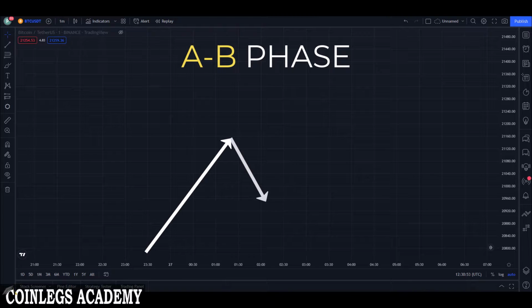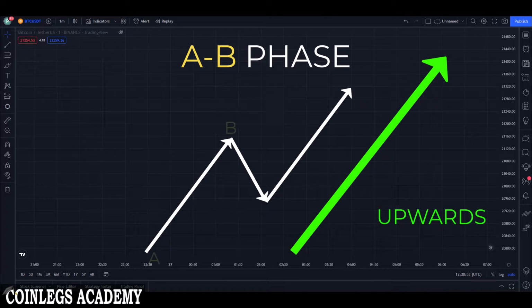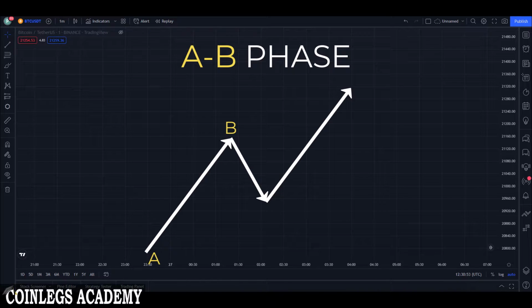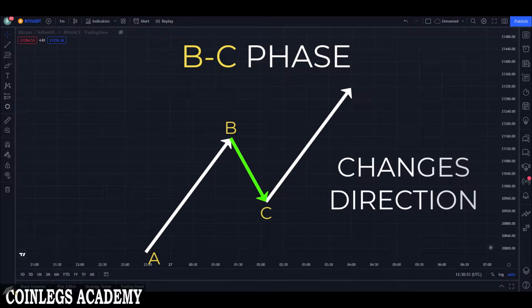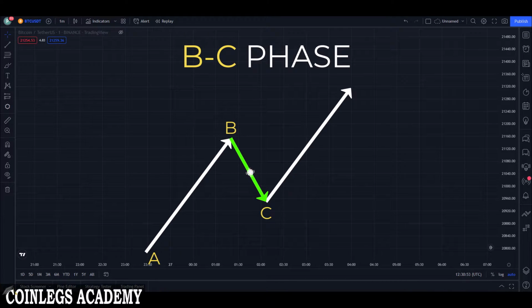AB phase. When a market is trending upwards, the first leg AB is formed as the price rises from A to B. BC phase. At point B, the price changes direction and retraces down sharply to form the BC leg. The retracement from B to C can be between 38.2% to 78.6% of the AB leg. However, an ideal pattern has a retracement of 61.8% to